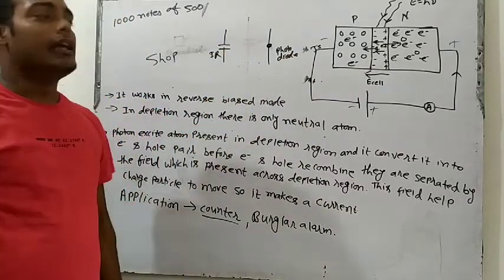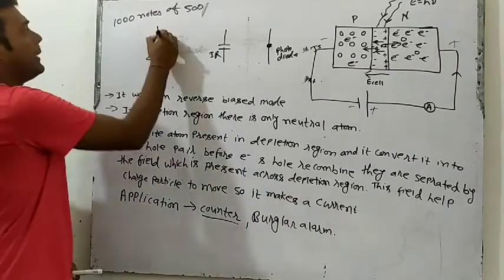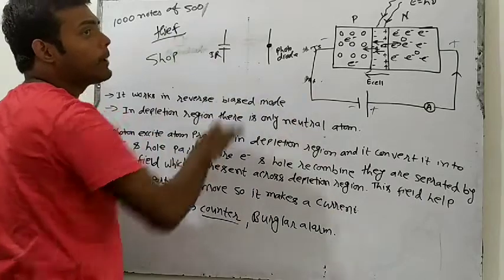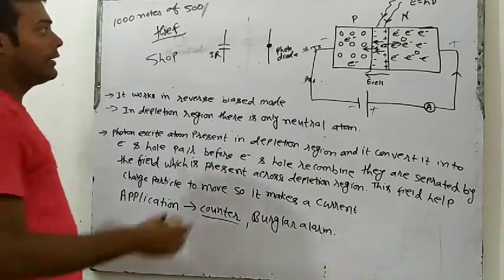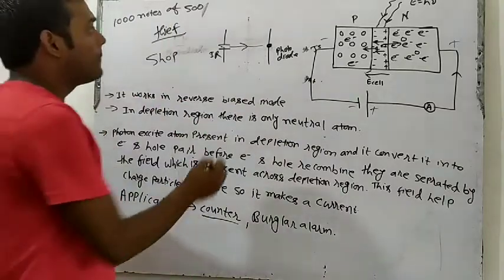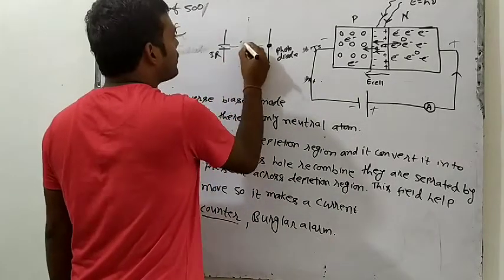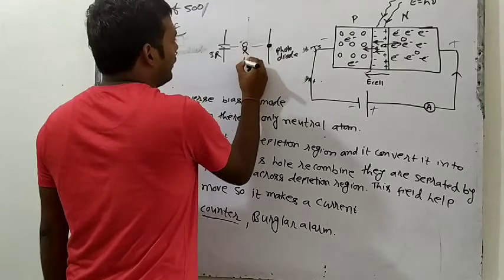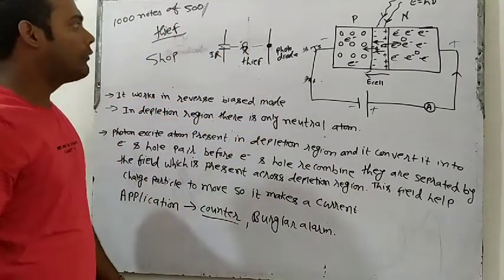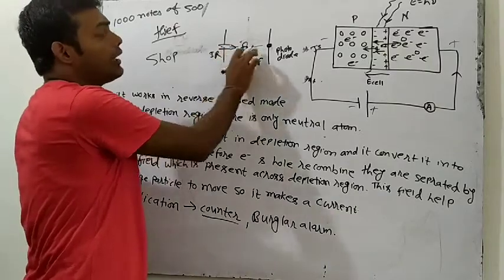Infrared you can't see. Even if any thief will come, the thief can't see that any infrared is coming because it is invisible light. And when the light will go here, then this photodiode can sense. And if suppose any thief is coming in between the gate, then what will happen? This light can't cross it.